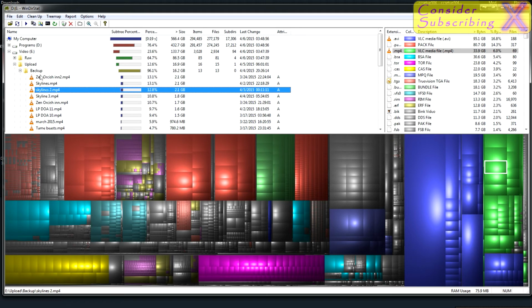So if I click on this and decide that I don't want to keep skylines2.mp4, which I do because it's a backup of an old released video, then I can delete it and I'll free up exactly 2.1 gigabytes. You can even see the last time this file was changed, so you can tell if this is a really old file, for example if you have a lot of documents or other things like that. Anyways, that's about it for